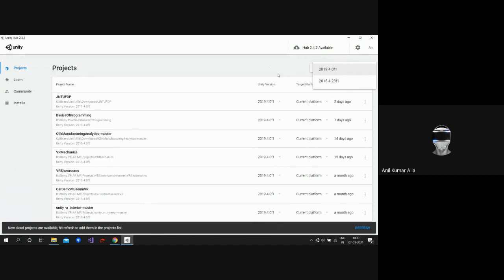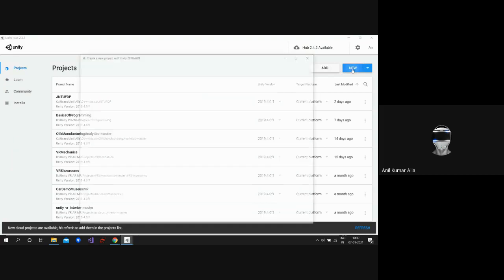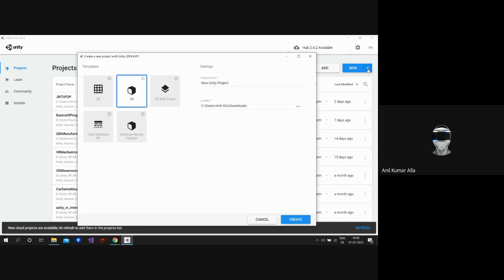Here, for the time being, you only have one version of Unity, as you installed only one version. If you have multiple versions, you see it like this. Which version you want to select is up to you. You can select any version. By default, if it's one version, then only one New button will be there. So coming back to this thing,